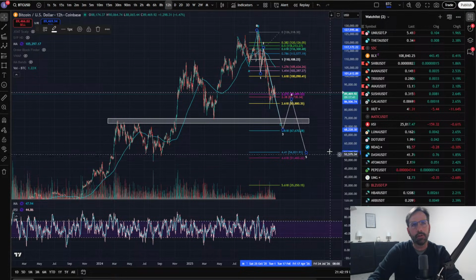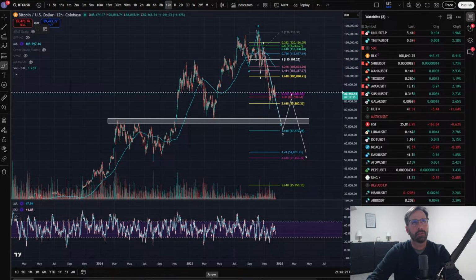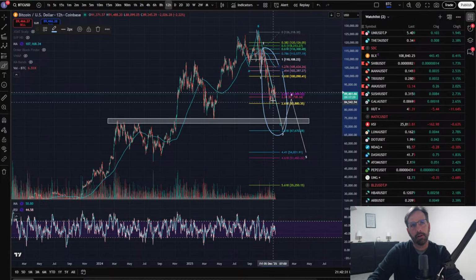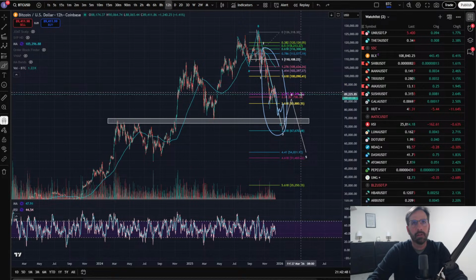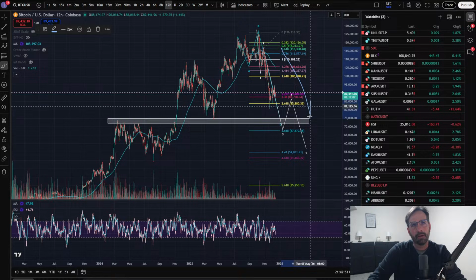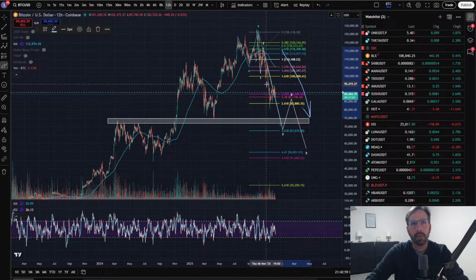So that's an ideal wave. I don't know if we're going to get an ideal wave, but that is an ideal circumstance. That means we are still in wave 3, and we need to be making a 4, 5, 4, 5, something like that, because it looks like we got a 1, 2, 1, 2 right in there. So I'm looking for some chop in here. It's going to get choppy, but the trend is going to be, in my opinion, down. That's the best I've got for you. The trend should be continuation down. It doesn't have to do that, but that's my best belief based upon this wave structure.